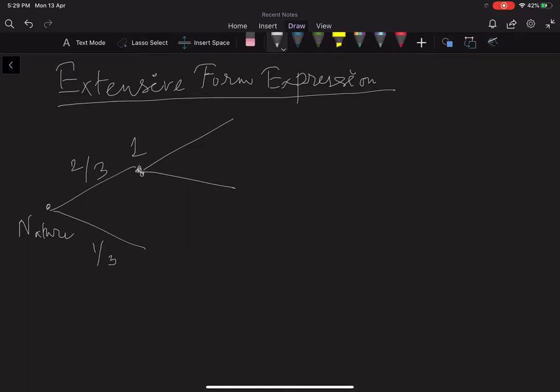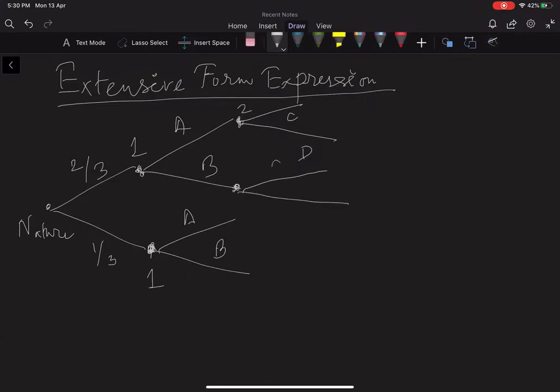Player 1 plays A or B in both cases, right? Player 1 plays either A or B, after which player 2 plays either C or D,